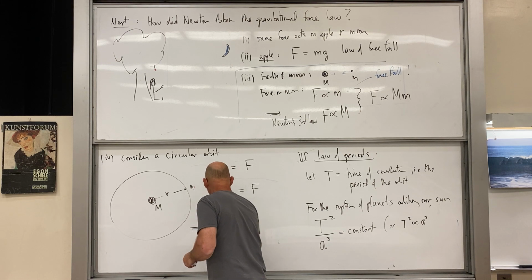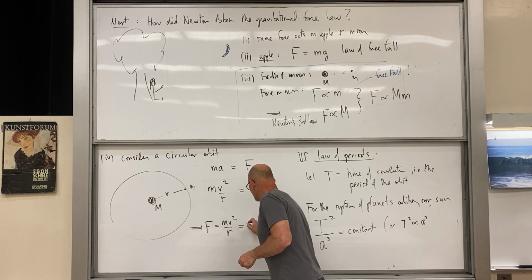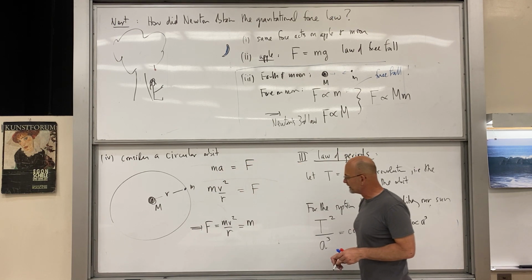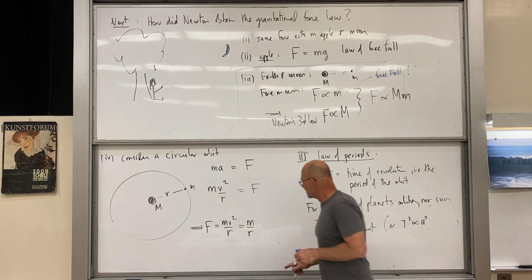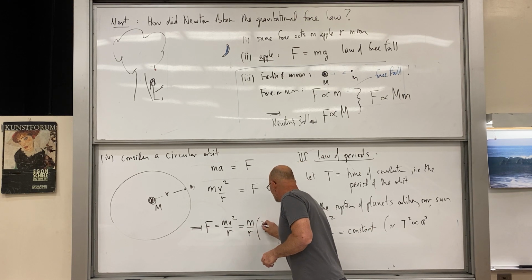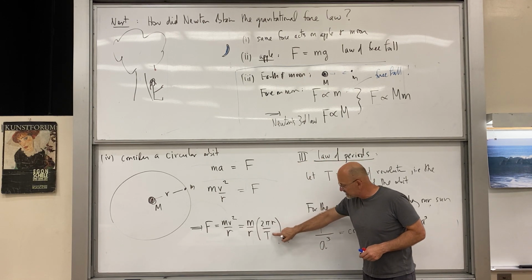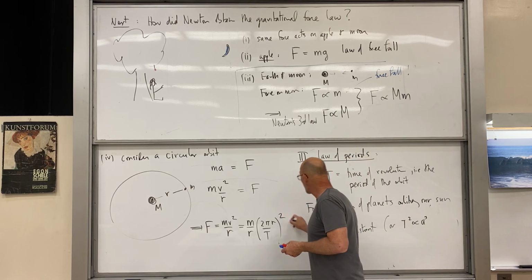So F is mv squared over r. So we've got the m there. Now, the v is 2 pi r divided by T, right? So that's the circumference divided by the period. That's the speed for a circular orbit. We square that,